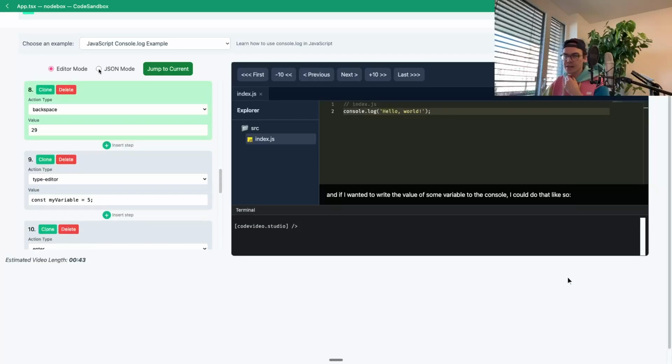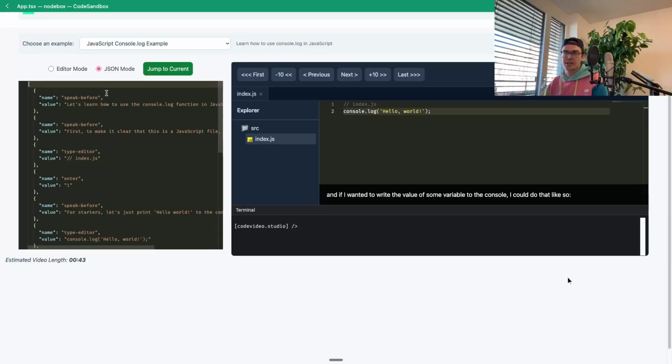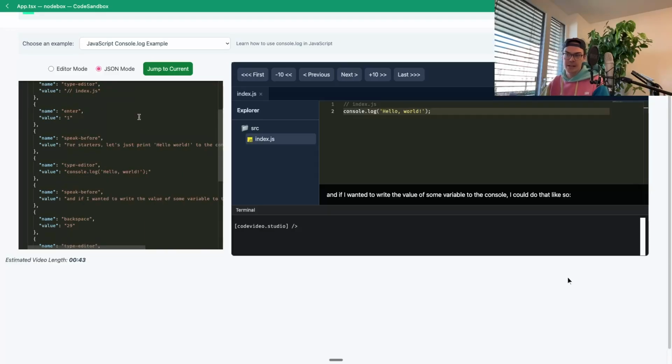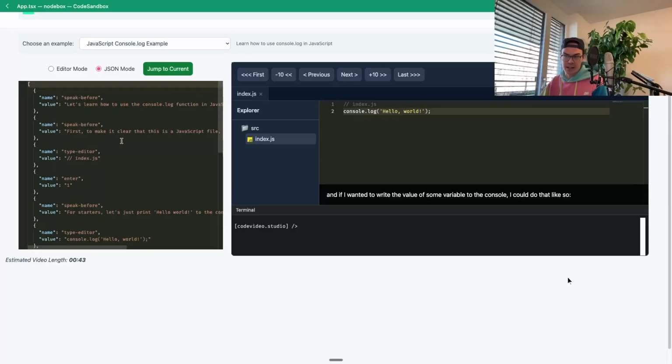But at the end of the day, it's just a JSON, and I'm strict with this: name and value, string, done. It's up to the consuming applications and the framework itself to handle that. And you will see, for example, in the last video with the mouse, that will be a huge array of X and Y coordinates, right? And then click actions and everything in between. And those will just sit here. The name will be mouse move, and the value a huge string, and it's also time too, because you have the speed. So it'll be the X, Y, and time just here. I mean, it won't look pretty, but